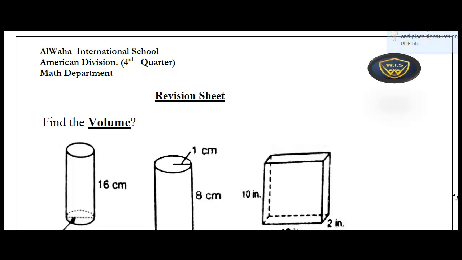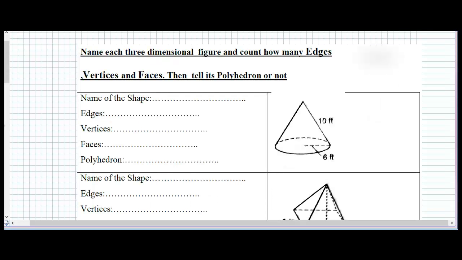Our revision sheet. Let's start. Let's name the 3 dimensions figures here. Okay, first one. What is the name of the first one here? First, we need to name the shape, find the edge, find the vertex, and the faces for each one. Okay, so we need to count how many edges, how many vertex,